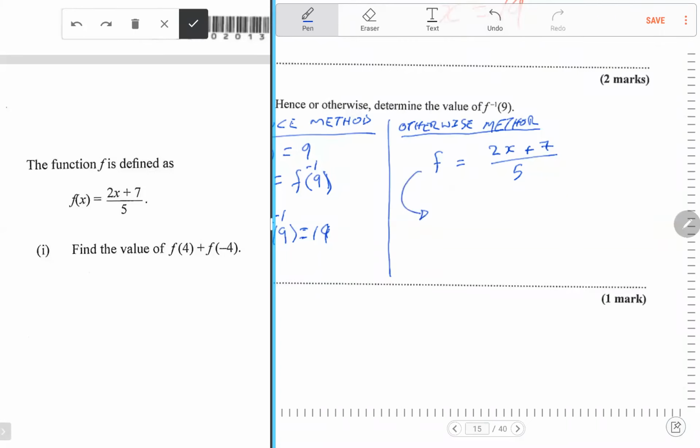When we form the inverse function, the f, which is the range, becomes the domain. And the x here, which is the domain, becomes the range. And so it becomes (2 f to the minus 1 plus 7) over 5. And you're basically transposing to make this f to the minus 1 the subject. That's what you're trying to do now. All right, so first we're going to multiply the 5 across here. So you multiply the 5 across, you're going to get 5x equals